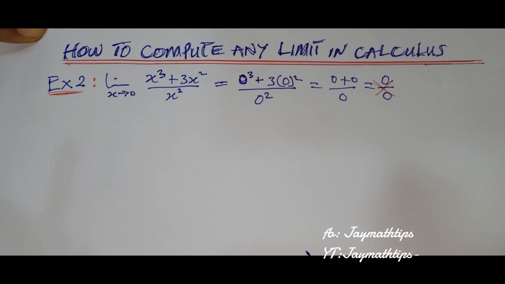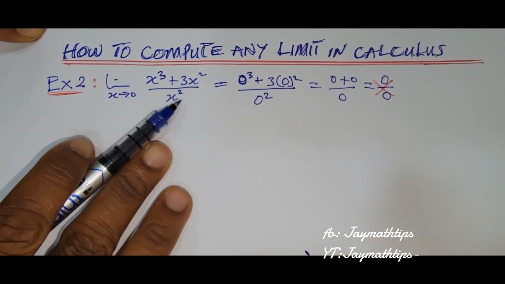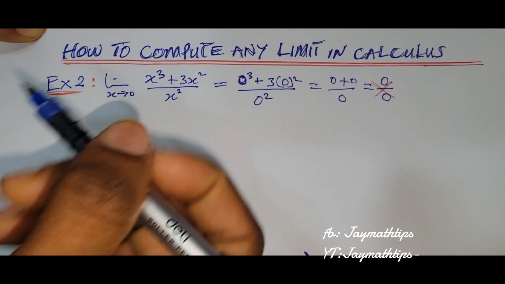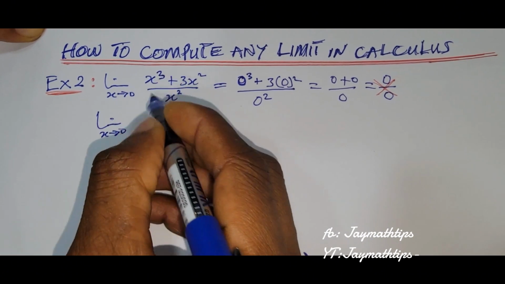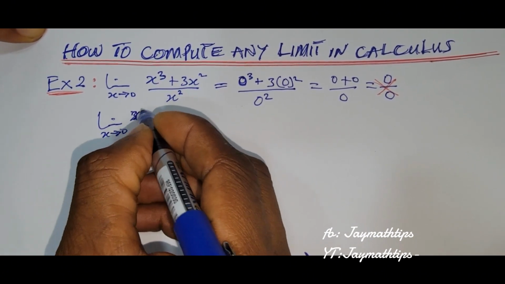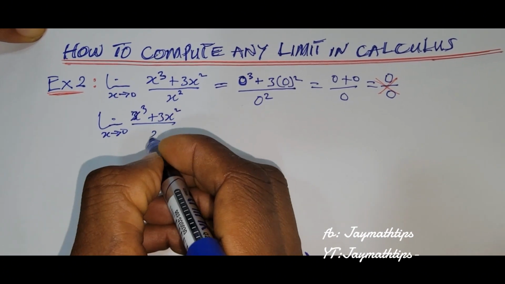And this answer is undefined. Since that is the case, you move over to the next step. Try something else. What do we do? Is it possible to solve this limit without arriving at this answer? Okay, let's go. The limit as s approaches 0 of, let me bring down everything here, s cubed plus 3s squared all over s squared